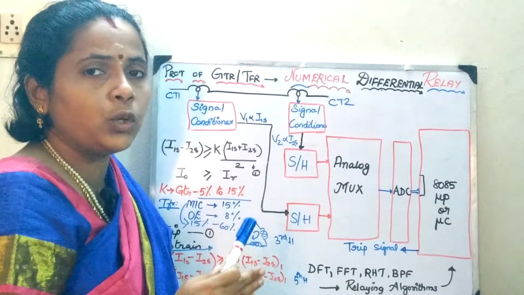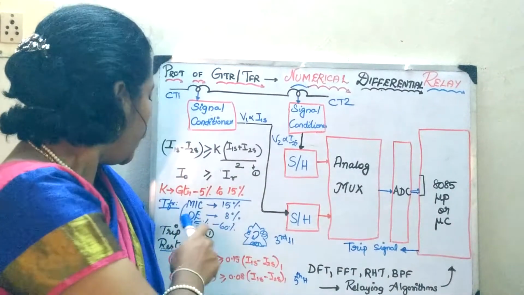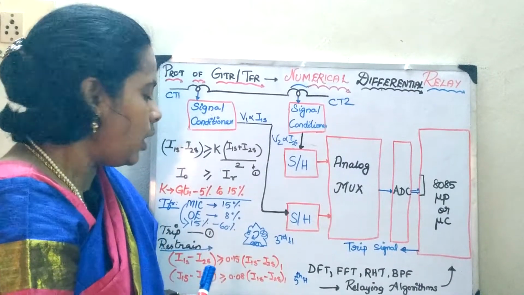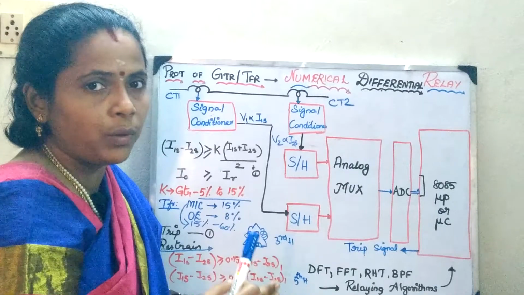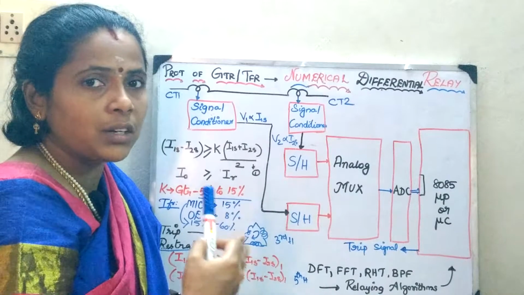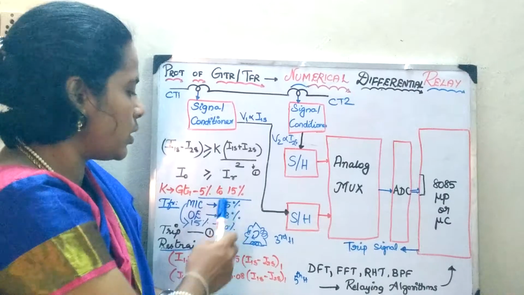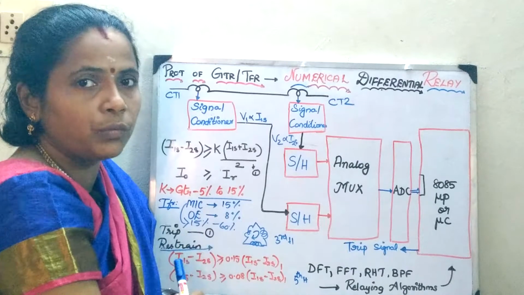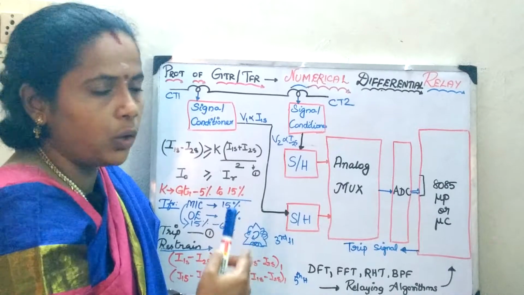Whenever you design the numerical protection for the transformer, it becomes utmost important to take into account the magnetic inrush current and the over excitation. When the transformer has been out of action and is put into service after 6 months, the inrush current will be very high, 5 to 7 times the rated current, and it contains 15% of the fundamental frequency, whereas over excitation contains 8% of the fundamental component. In this case, the restraining condition alone will be different.